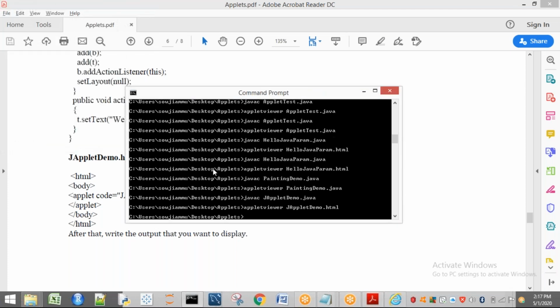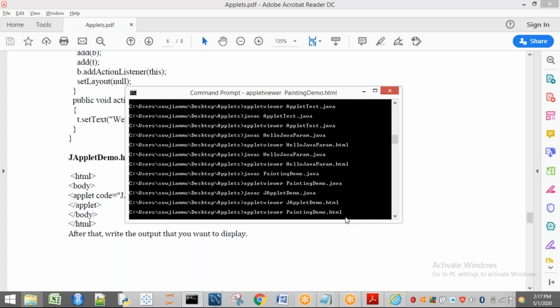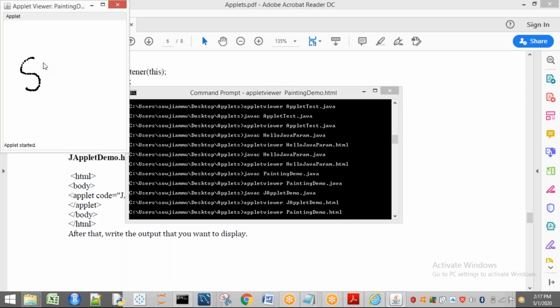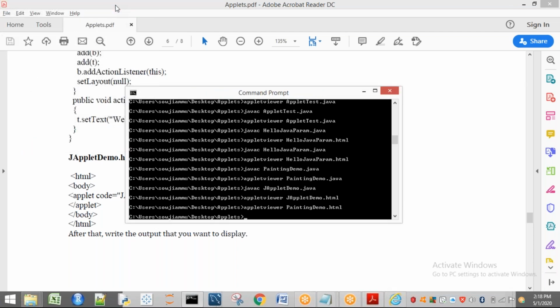In the earlier case, I had drawn something on an applet, but there I didn't get any output. The reason is, see here, what I have done is paint in demo.java. But where is your applet code? In HTML. So if you type here HTML, you will get it. I forgot that one. So see here, you can draw anything here. Because I had taken it in the initial Java file, but wherever the applet code is present in the HTML file, that is why we didn't get the output here. So I directly went to that HTML file, opened it, and showed you.